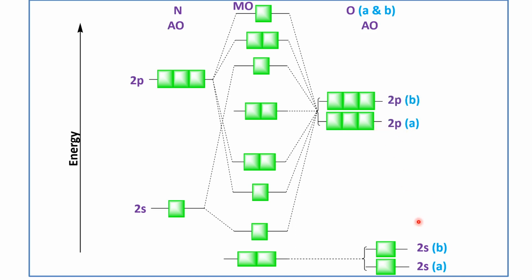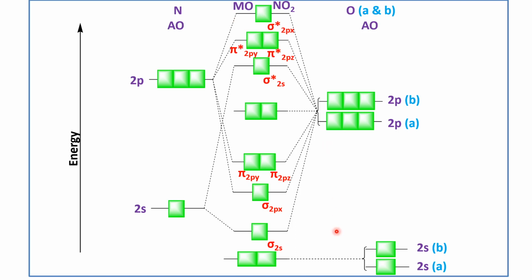So this is regarding the atomic orbitals. Then the molecular orbitals for the NO2 molecule. First of all, we have sigma 2s, sigma 2px, pi 2py, pi 2pz, sigma asterisk 2s. Here we have shifted the position of sigma asterisk 2s. Then pi asterisk 2py, pi asterisk 2pz, and lastly sigma asterisk 2px.